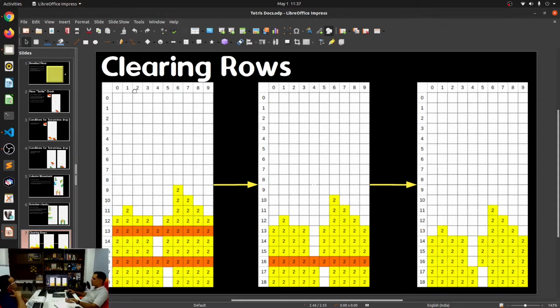Got it. So if there are 10 columns over here, and the sum of the columns of each row becomes 20, then that row is complete. Correct. And the way we remove these pieces, we start from the top and then end at the bottom. So if there are 2 rows that are getting completed like this, we'll make sure that the top row gets removed first, and then the bottom row. Makes sense. That's one thing that we'll have to take care of.